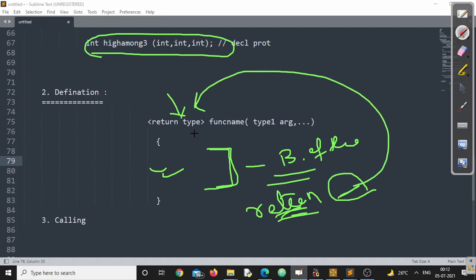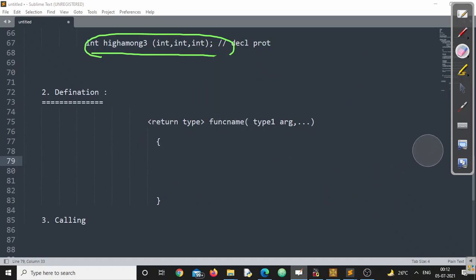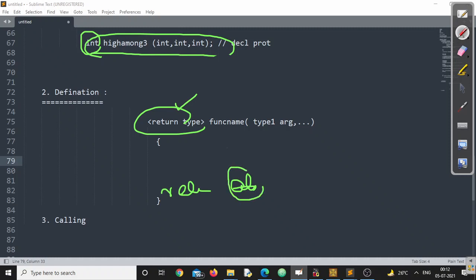Again, some exceptions are waiting for that, but for the time being, what we are saying is the return type and the variable present after the return statement should be the same. Otherwise, you will definitely receive an error from your compiler. But that might not be the case if you are going for the exceptions. But this is recommended: the return type of a function definition, the return type of the declaration, and the data type of the variable or value in the return statement, all these three should be the same.